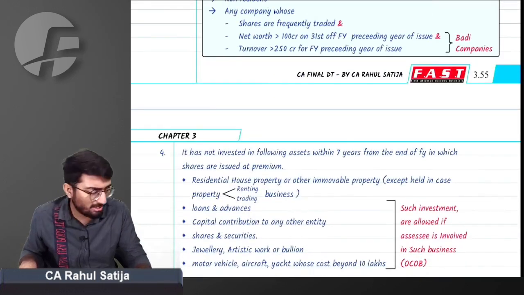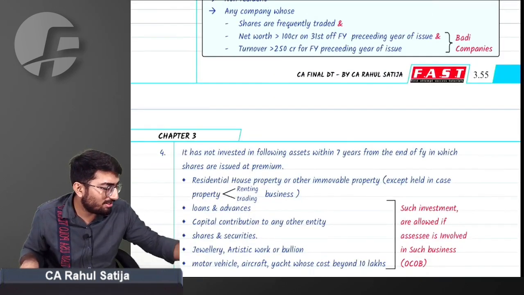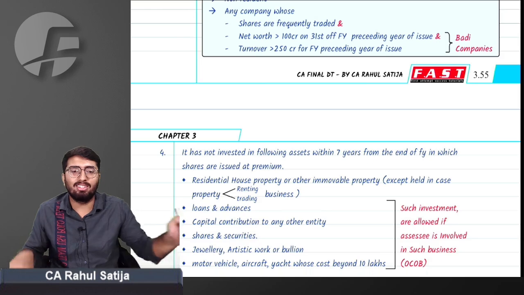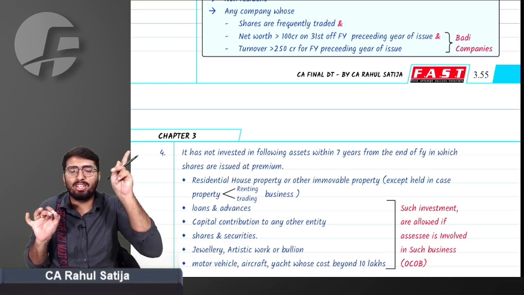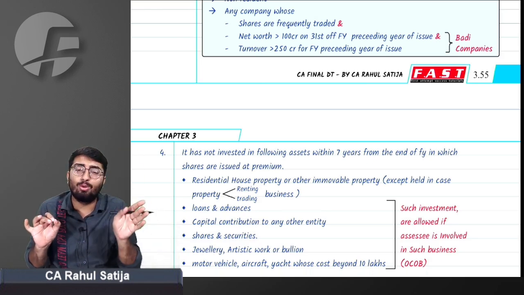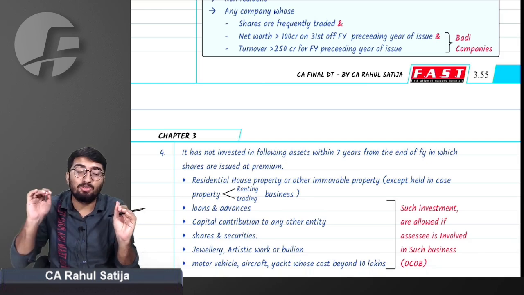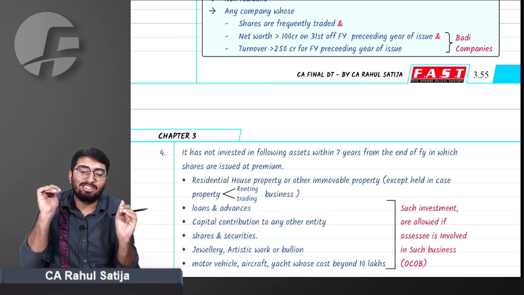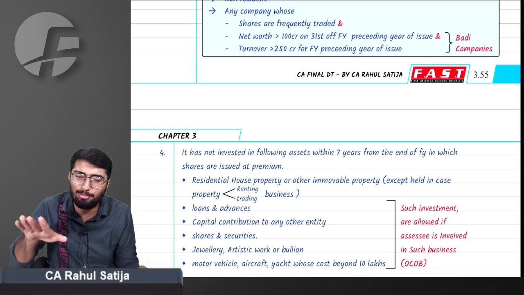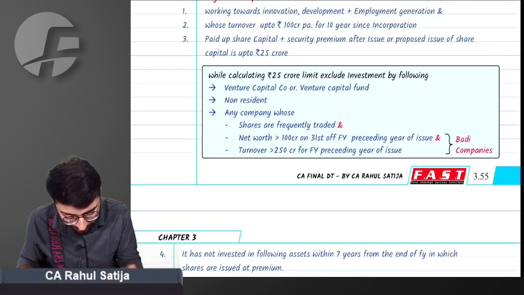See, I have tried to simplify these things to the fullest. I have literally tried to simplify these things to the fullest. You just once go to the study material of ICAI and find out what they have written and how simply I have simplified these things in this book. You will appreciate this when you study yourself.